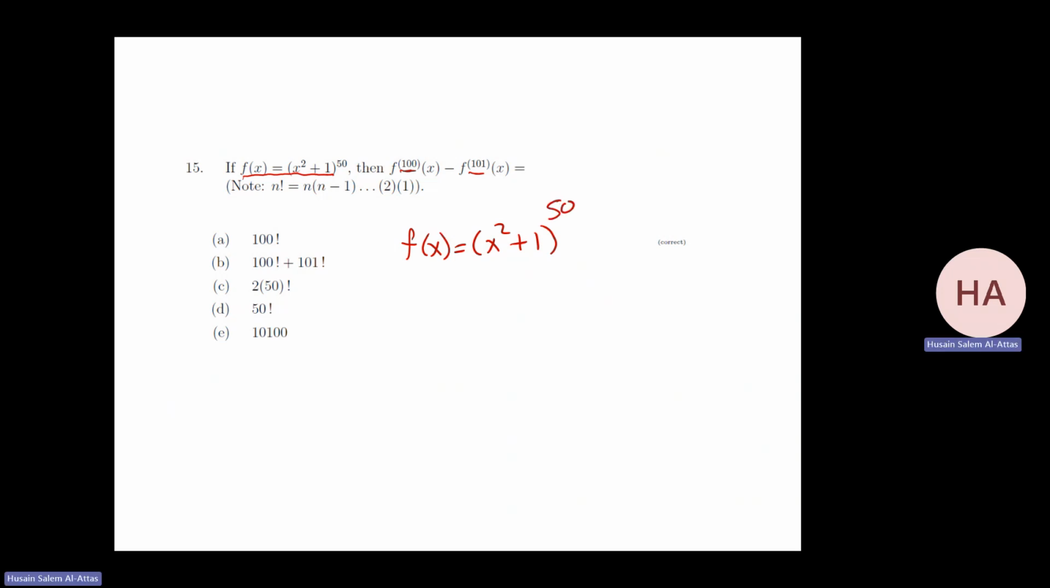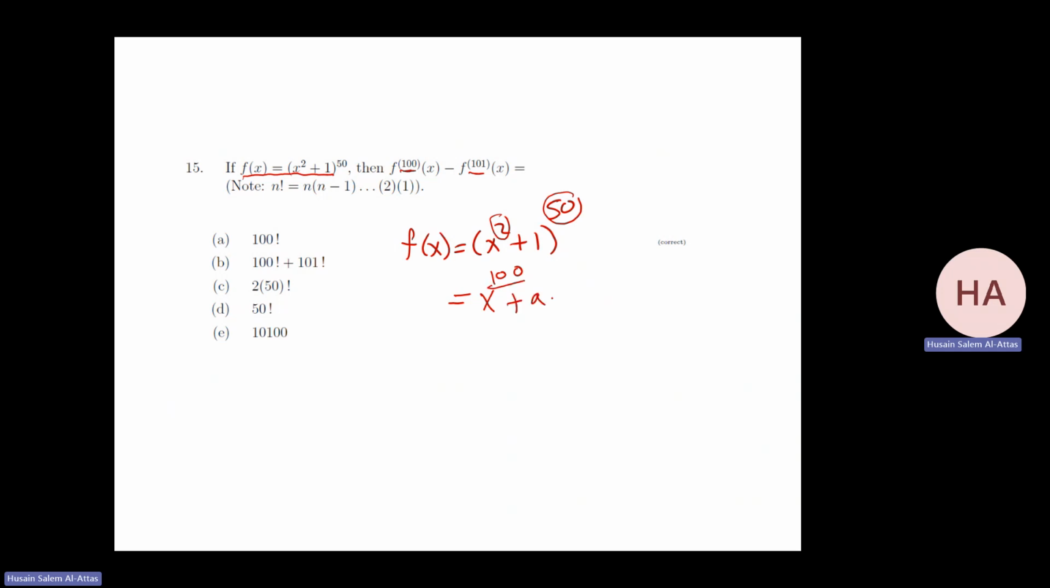I cannot multiply x plus 1 fifty times. But if you look at it, what is the highest power I will get? It will be 2 times 50. That's the highest power I will get. So I have x to the power 100, plus, this will be the highest power I will get,